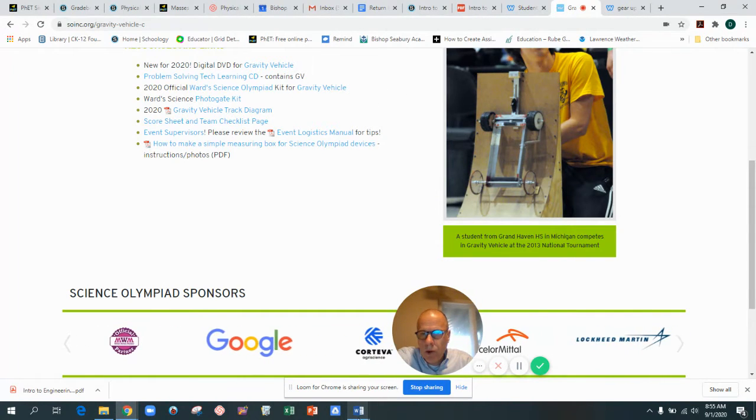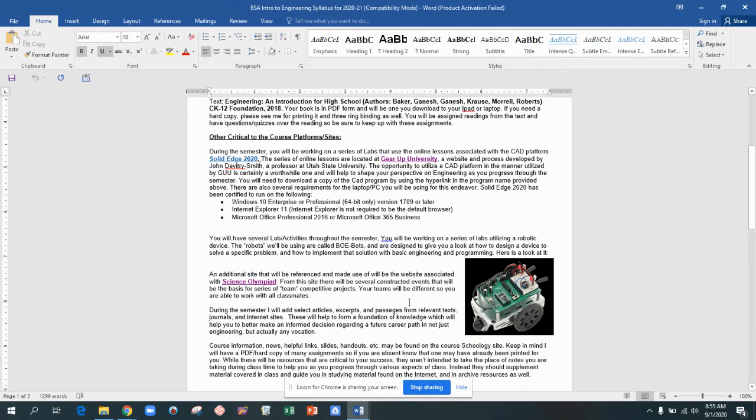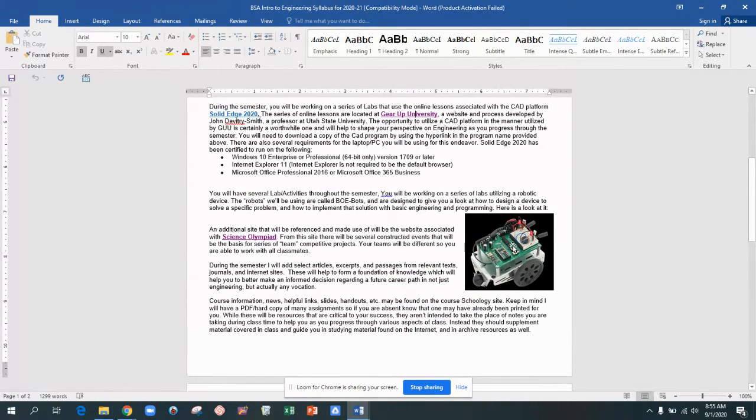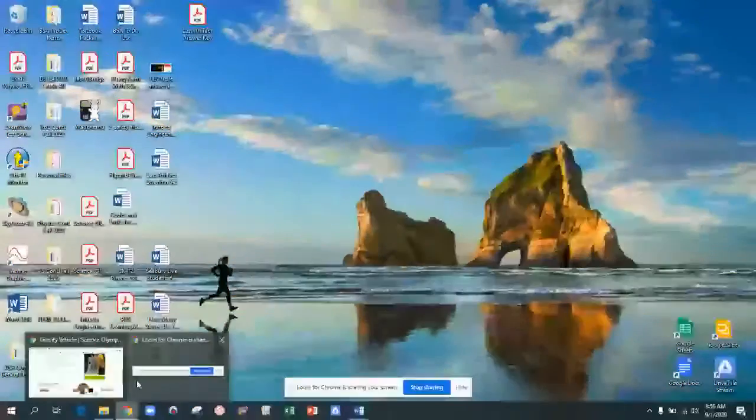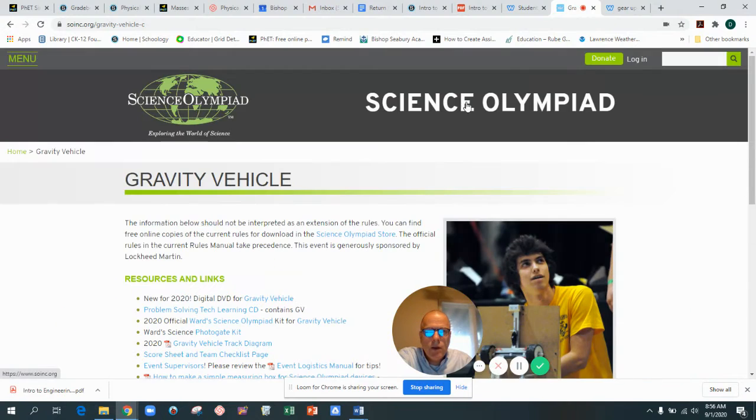The final thing that we're going to be working with, and this was something that we just purchased, were these particular robots as represented here on the screen. And these are what are called BOE-bots, BOE bots. I haven't heard anybody say it before, so I'm not sure of the particular enunciation. But what they're going to have an opportunity to do is some base level coding. And so what I want to do is to give them an opportunity to program and code those particular robots